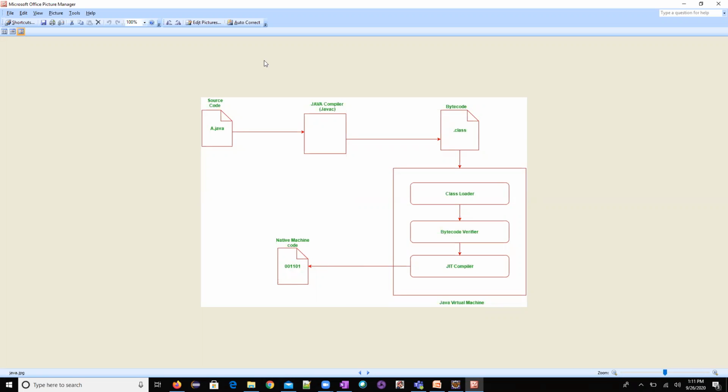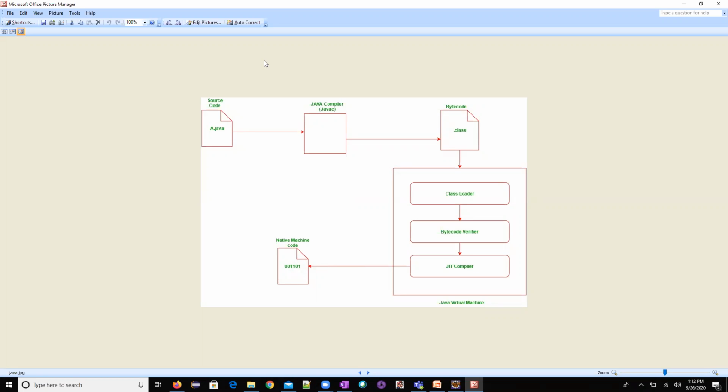Then why are you guys forgetting about this? Will the compiler check line by line? No. The compiler will convert the complete set of code.